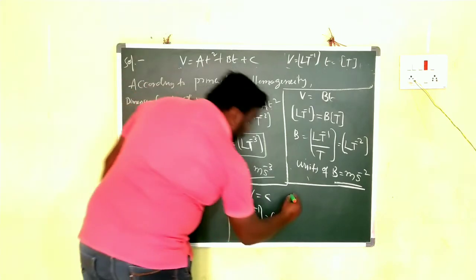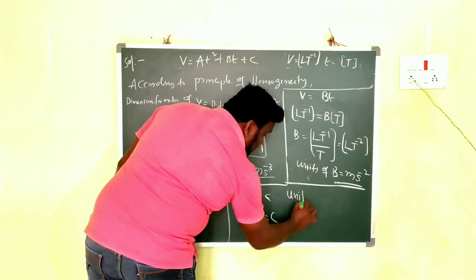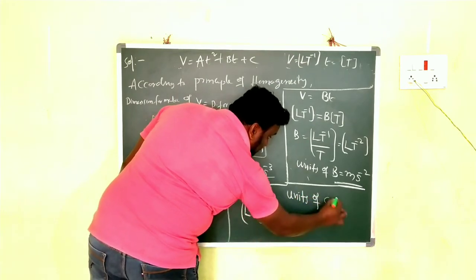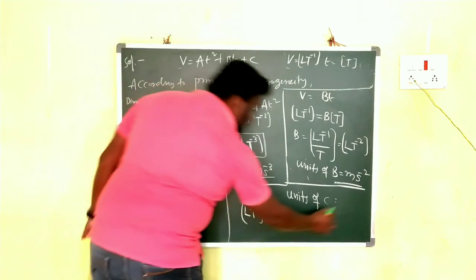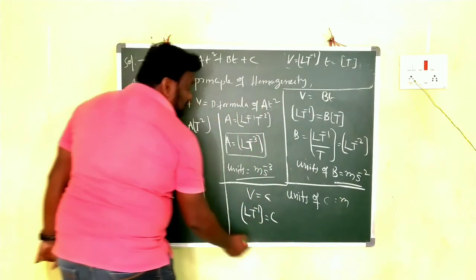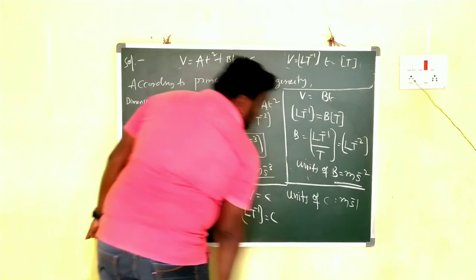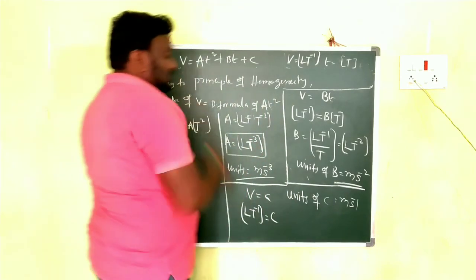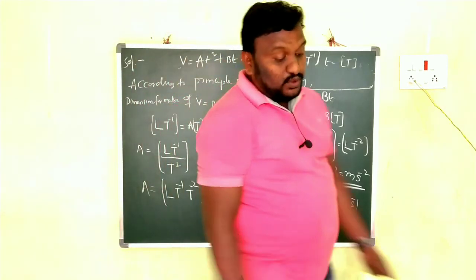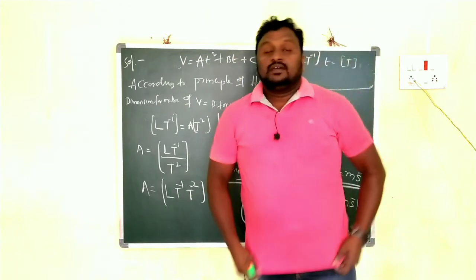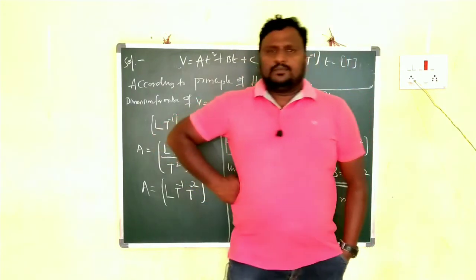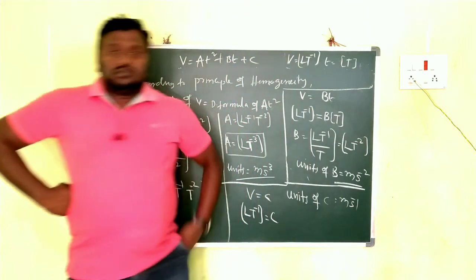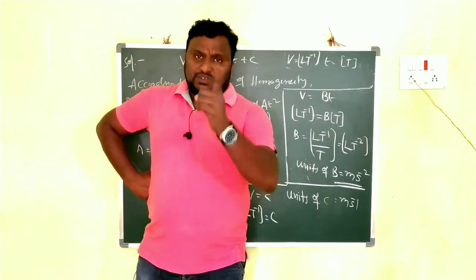That's why, what do we write, children? Units of C. For length, meter, and for time, second inverse. Meter second inverse. Children, in this way we will find out the dimension formula of constants and their units. Very simple. Look here. This is a very important topic, children, so we have to watch carefully.